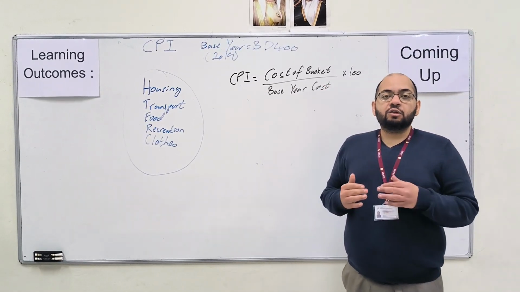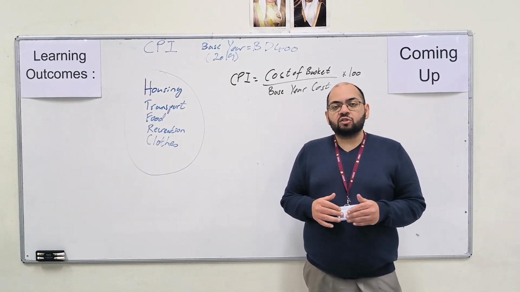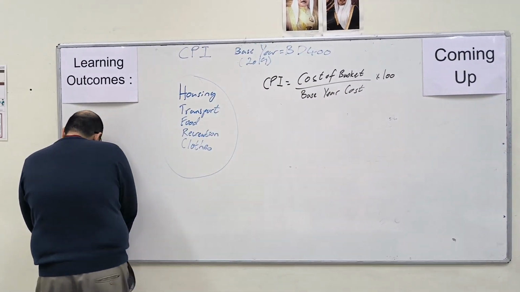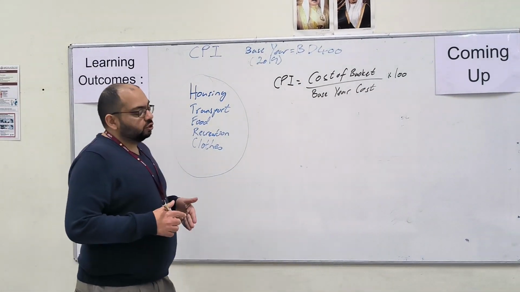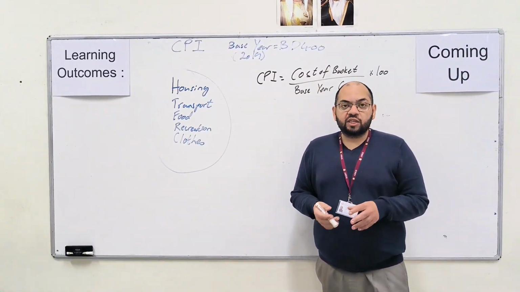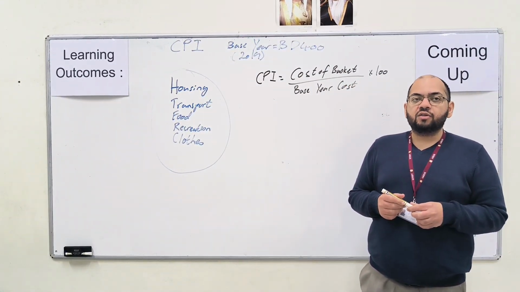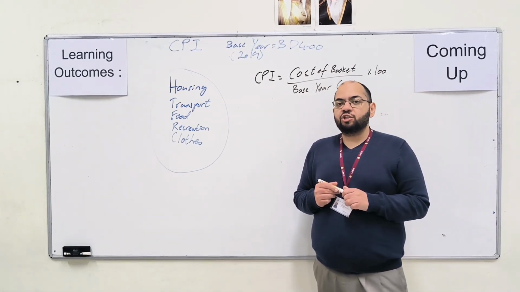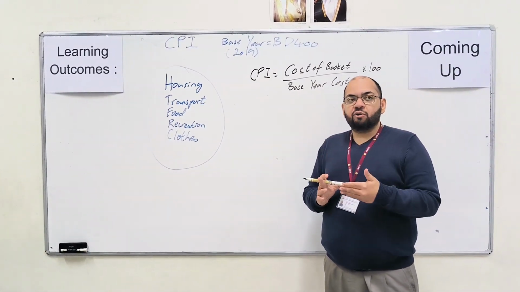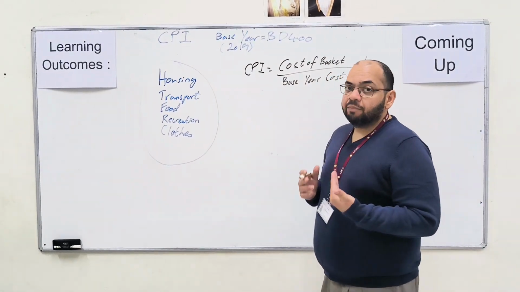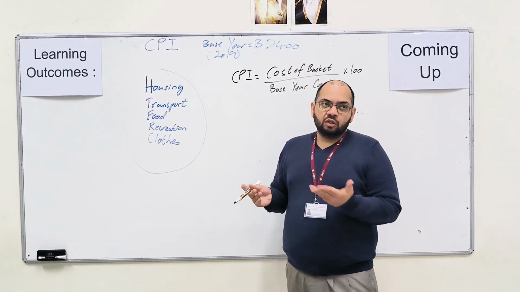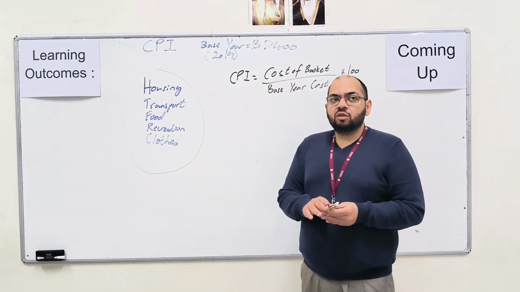So as you are aware, inflation is when the general prices of everything rises. So when the price of any household goods, such as food, housing, transportation, when any of those prices rise, that means there is a case of inflation. Now, inflation happens at different rates. So sometimes it can happen at 2%, it can happen at 1.5%, 3%. It can happen at different rates.